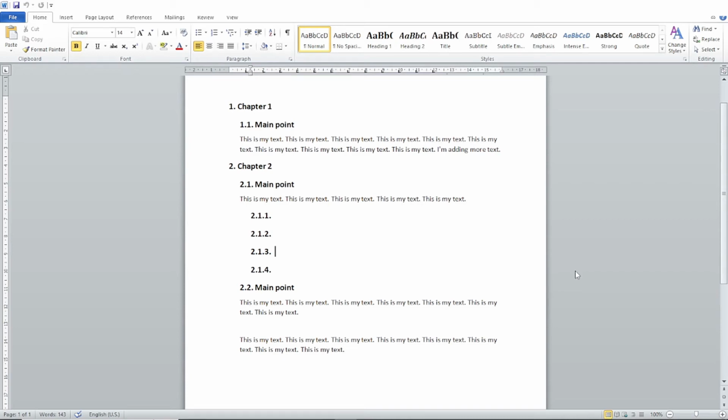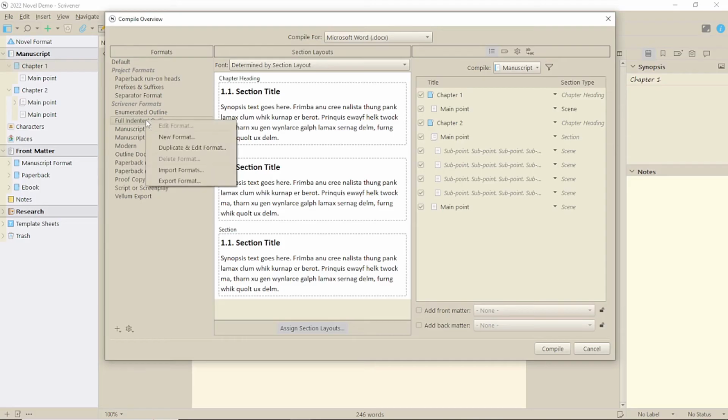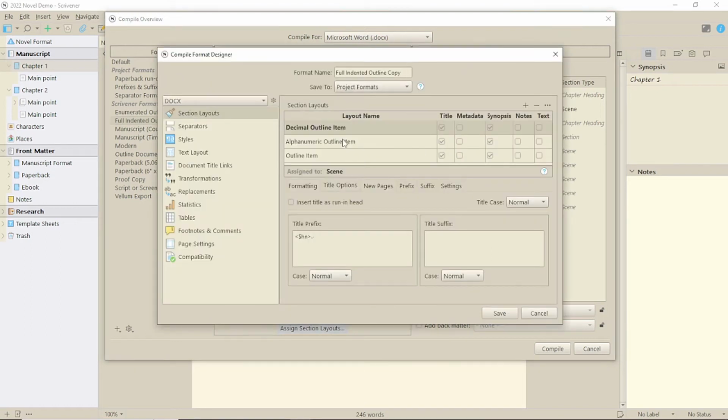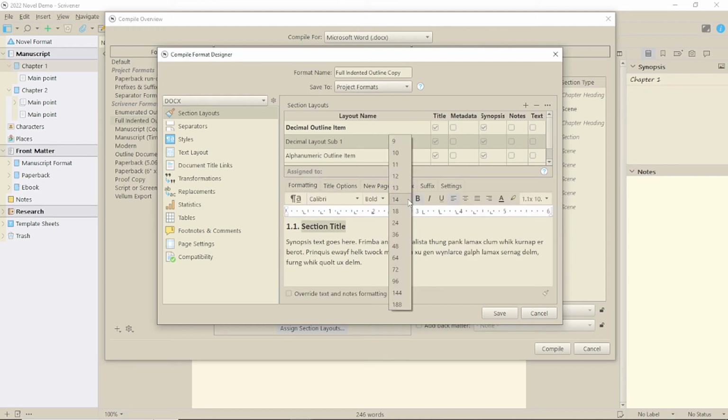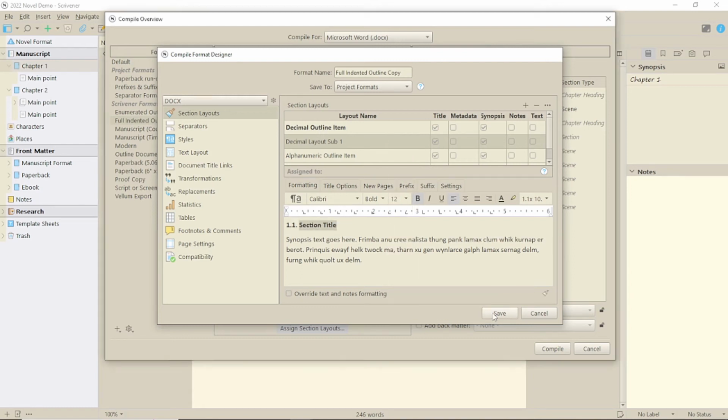Of course, using the same section layout gives you exactly the same text size and formatting for all levels, which may not be what you want. If you'd like different formatting, create a custom layout, select the numbering layout you've chosen, either decimal or alphanumerical, and click on the little plus symbol to create a new version of it. Rename that and change the format as required, and then apply to the sections you want to have it in the assigned section layouts. If you need more than one, just click plus again.